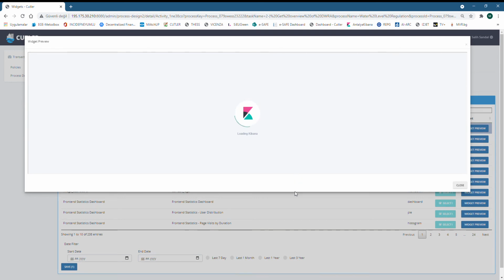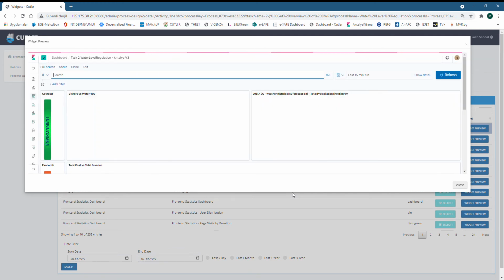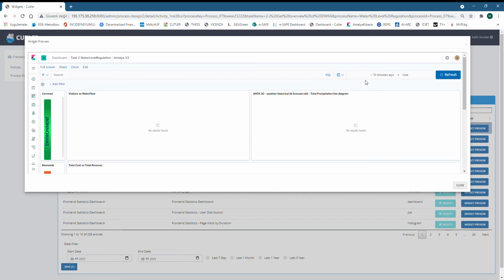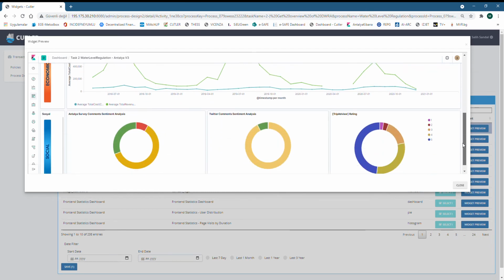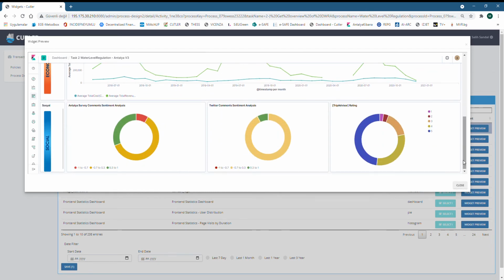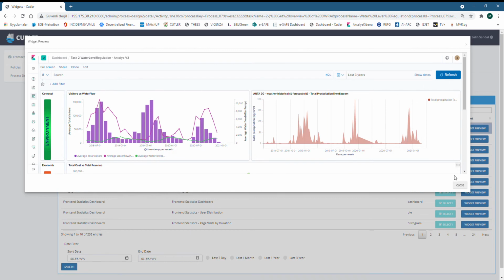So let's see this dashboard first, and then the data scientist has to assign each of the separate tasks either a dashboard or a specific set of widgets. This will allow us to create a multifaceted widget environment to analyze all these data sets. So let's see the data for the last 3 years. Okay, here it is, and we can see that this is okay for us, and then we can easily continue